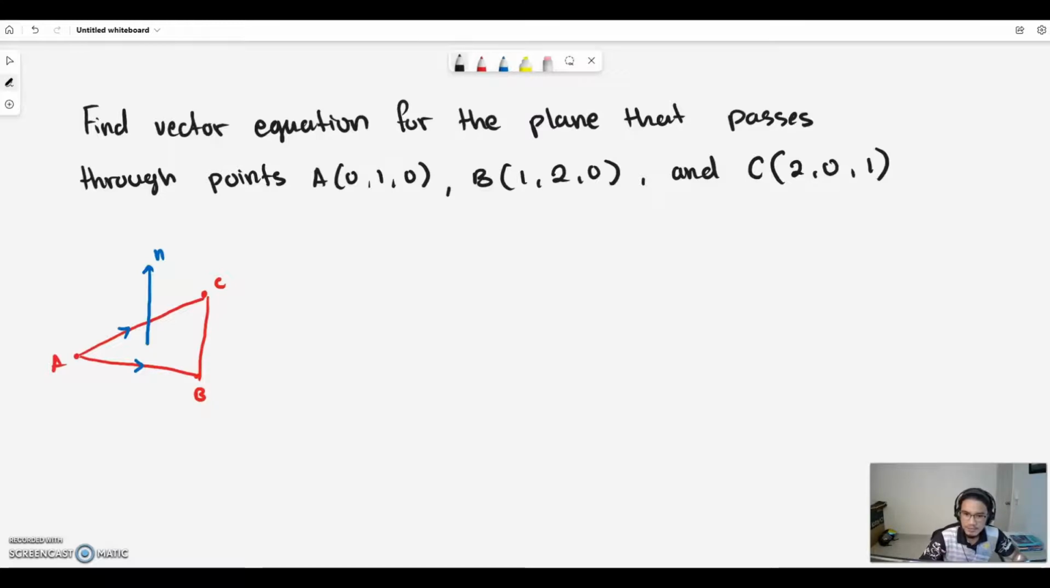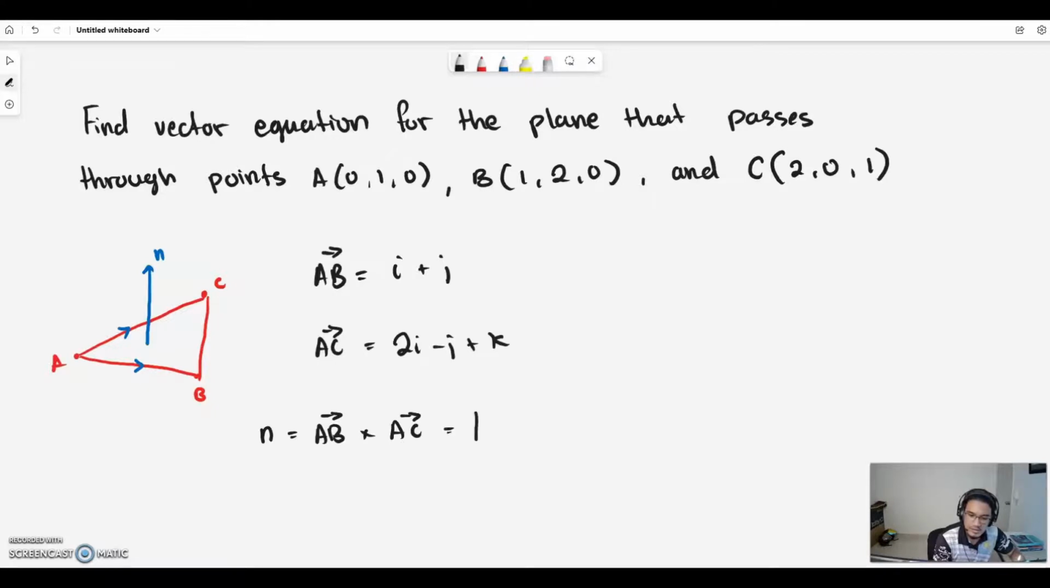Okay, so now from the points A, B, and C given, we can determine the equation for vector AB. That is i plus j, and vector AC is equal to 2i minus j plus k. Alright, so the vector N is equal to AB cross AC, and that is equal to the determinant with rows i, j, k, 1, 1, 0,